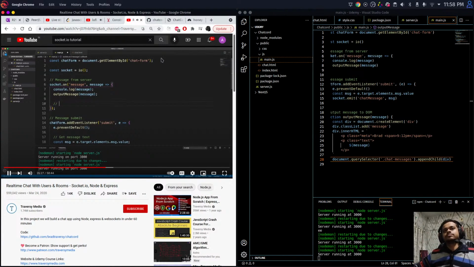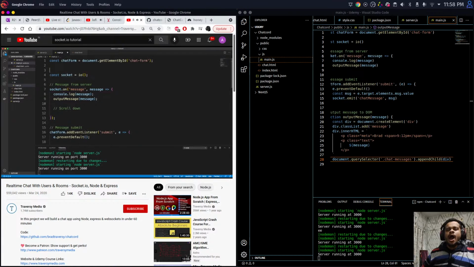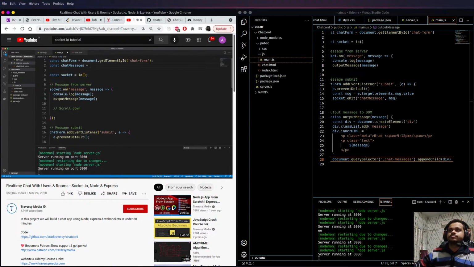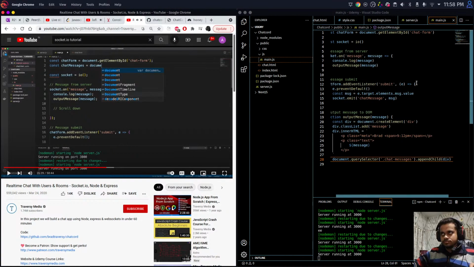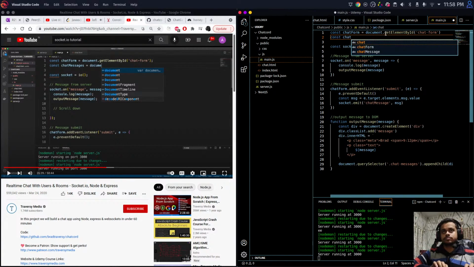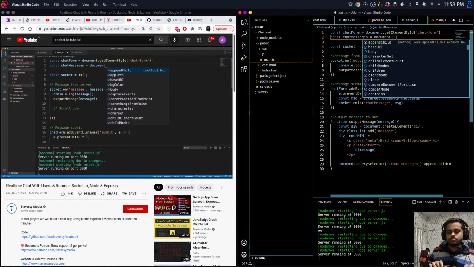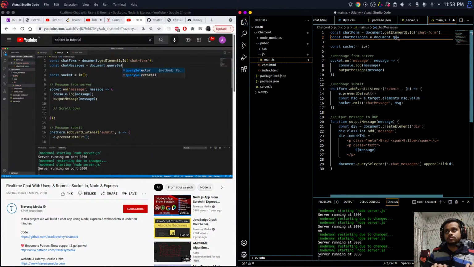Every time we get a message, we want to scroll down. So I'm actually going to bring in from the DOM the chat messages div. Set that to document dot, and what is it, a class? Yeah, so we'll do querySelector class chat